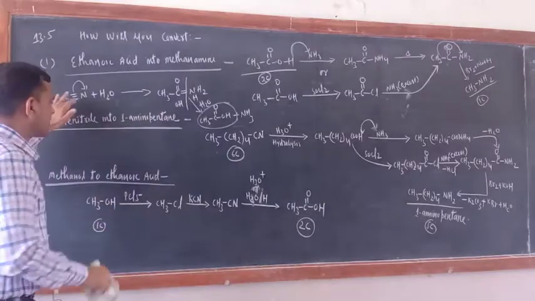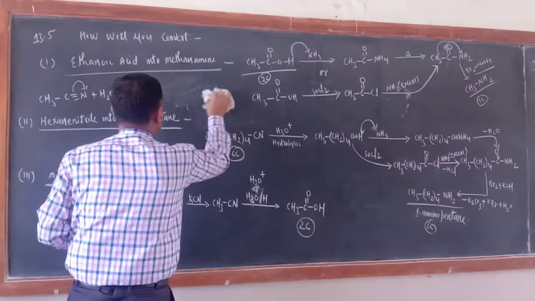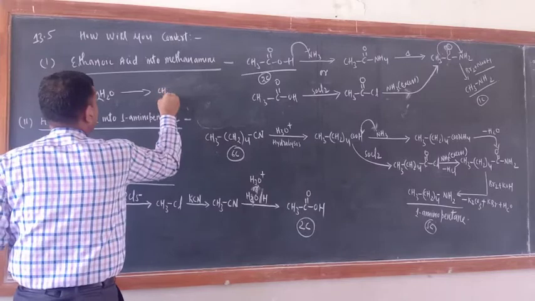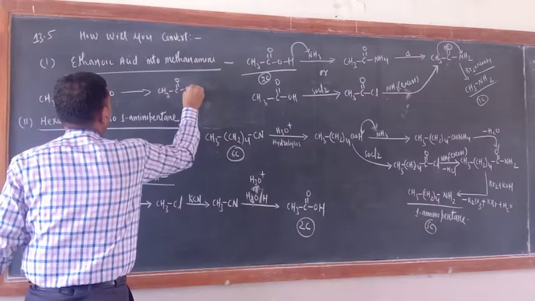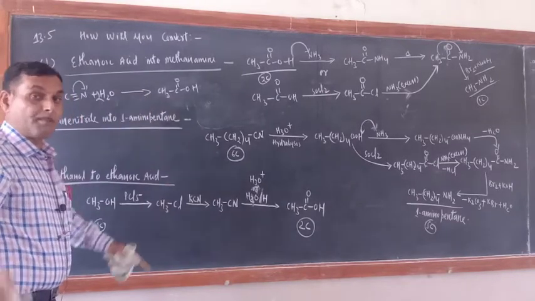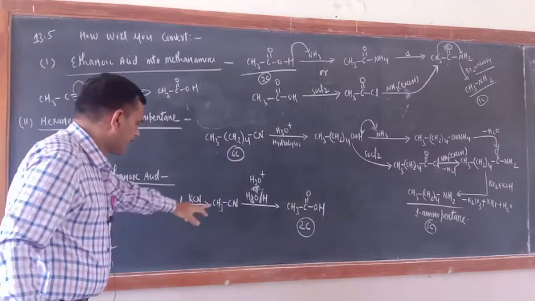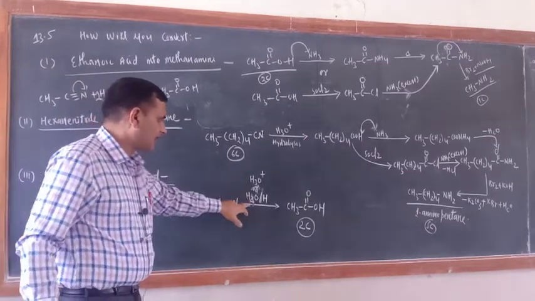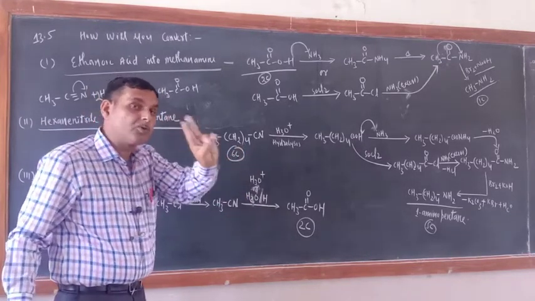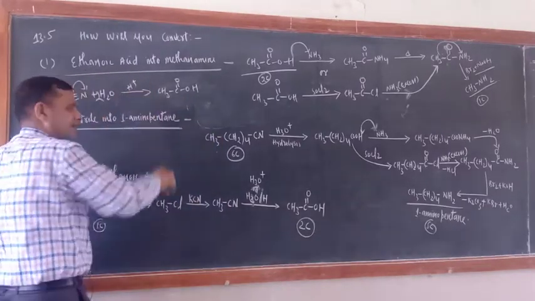So just see, instead of writing a 2-step reaction, what you should do? You do one thing, just see here, write down here 2H2O, and directly write here CH3C double bond O and H. This is carboxylic acid, COOH group. Meaning is same. Partial hydrolysis means 1 molecule of water should react. Now just see here. Now this CH3CN you have got. Now what kind of hydrolysis is this one? This is complete hydrolysis. Means if cyanide is reacting with 2 molecules of water, that is complete hydrolysis. And this hydrolysis must take place in presence of acid.